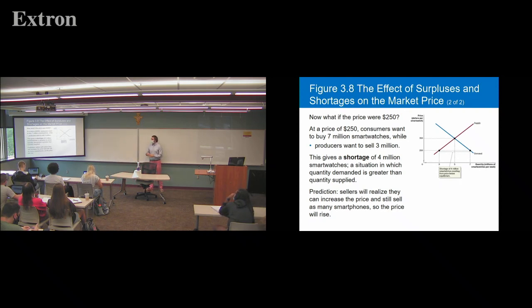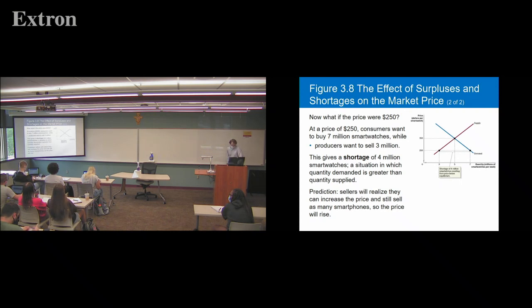Firms aren't willing to spend more money producing more smartwatches because of the cost of resources, cost of materials, of labor, that kind of stuff, because the supply curve is basically the marginal cost curve for a firm. What we end up with is a shortage, in this case, of 4 million smartwatches. So for those consumers that are able to get a smartwatch for $250, they're pretty happy because they got a good deal on this. But there's 4 million people that are left out of the market, unable to get those smartwatches.